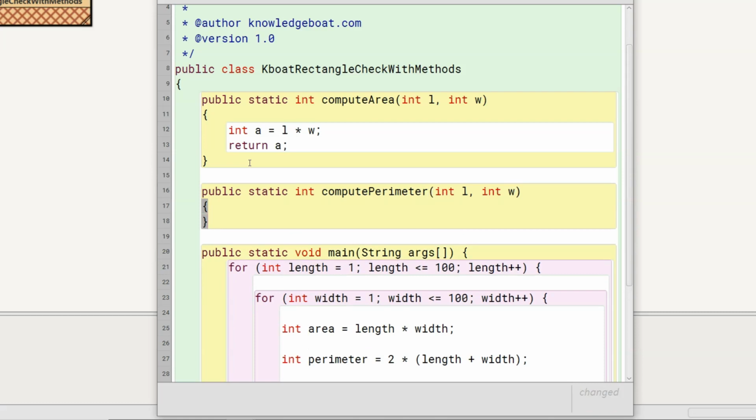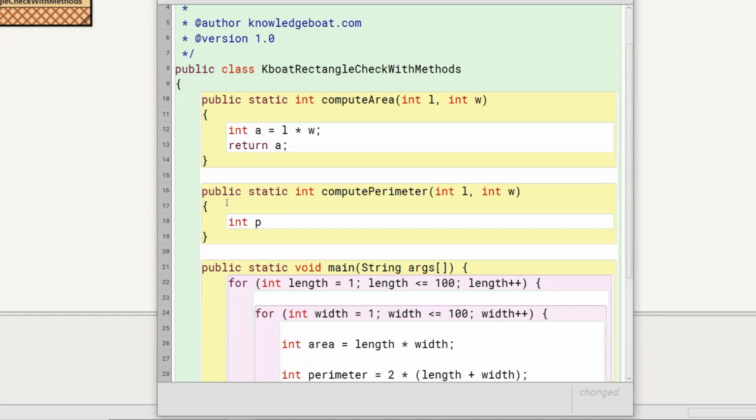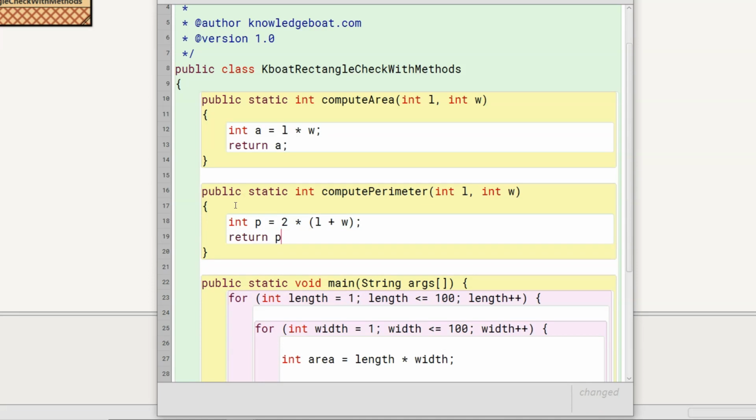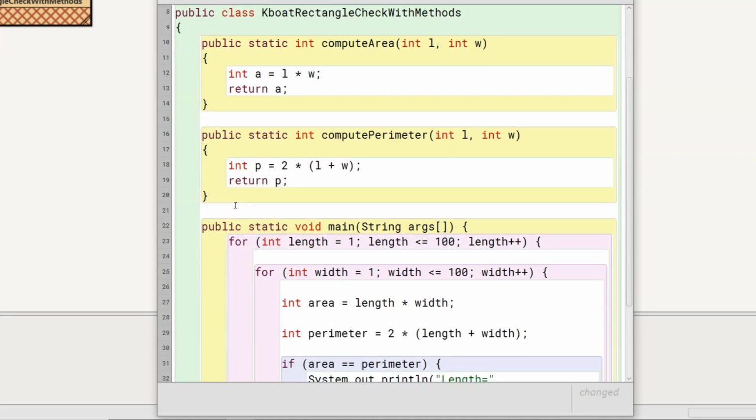Next, I will write the method body. Next, I will return it as the output of computePerimeter method with the help of return statement. Both of our methods are completely defined now.